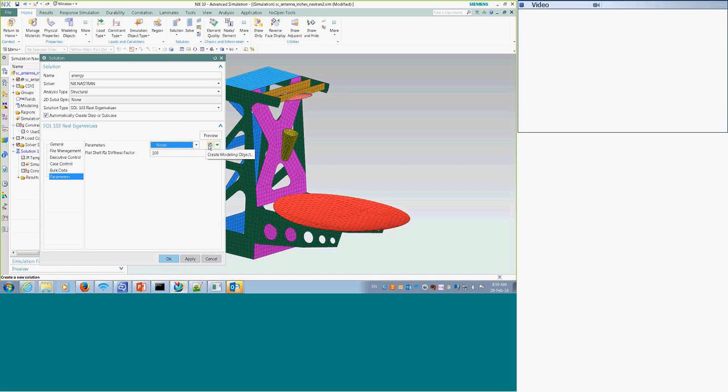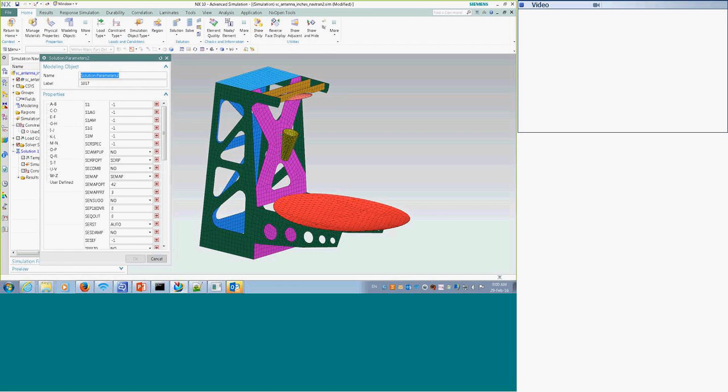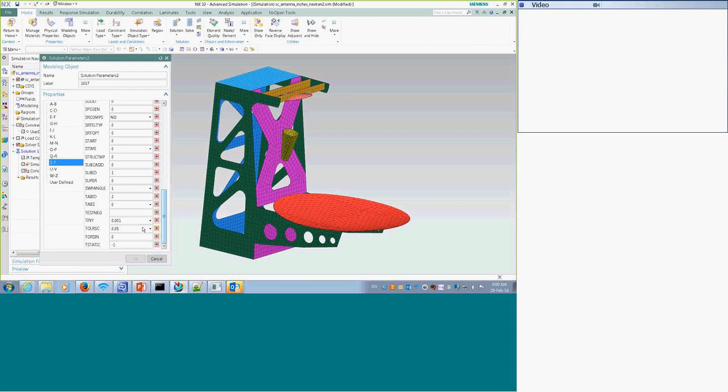So for the create, I'm going to create this PARAM,TINY I told you about. So I'm going to click on create all objects. And it supports all the params that the NX Nastran version supports. So if I go to S to T, on something small, I could put 0, I suppose.